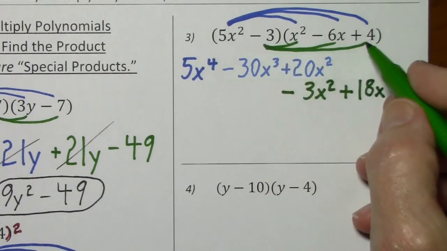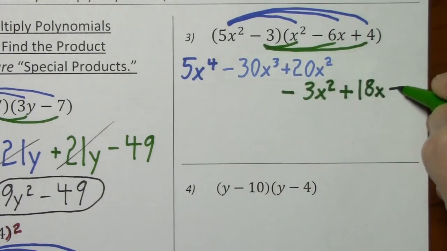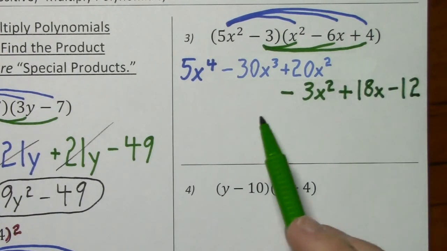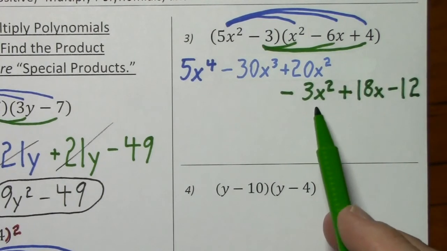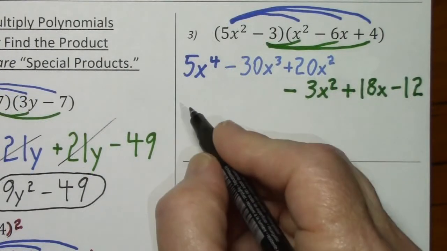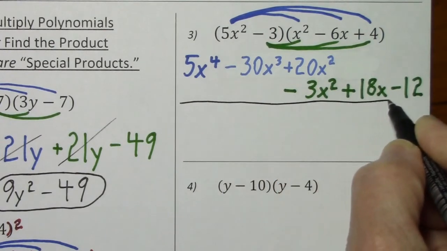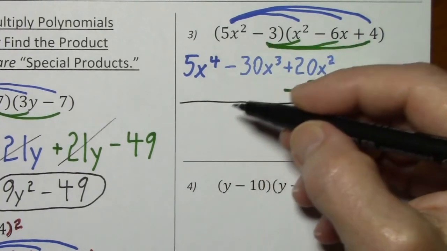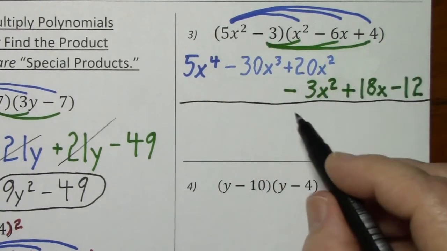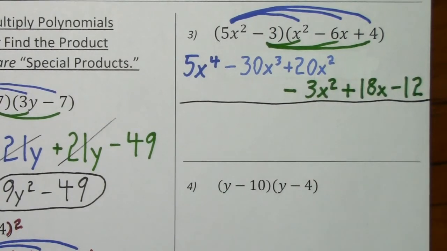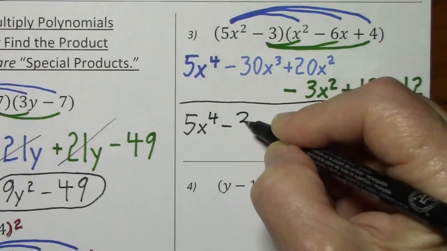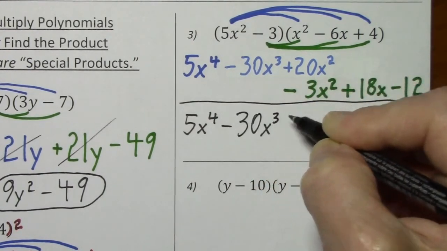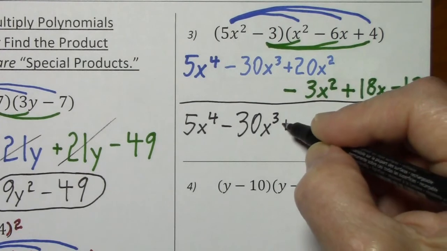And then, so notice in this case we only had one like term. Sometimes that's how it works out. So mostly we'll just be bringing down terms. These are the only like terms we'll be combining. This gives us